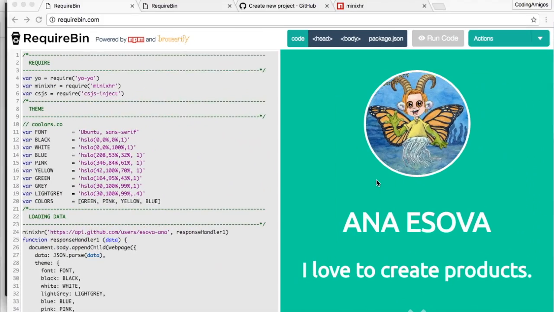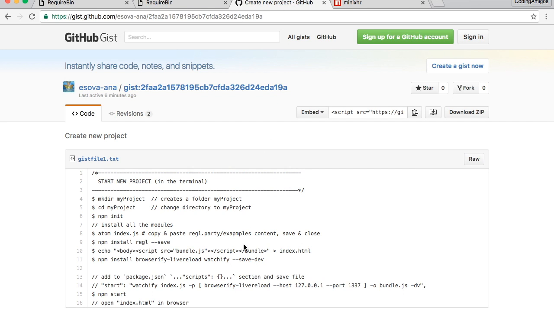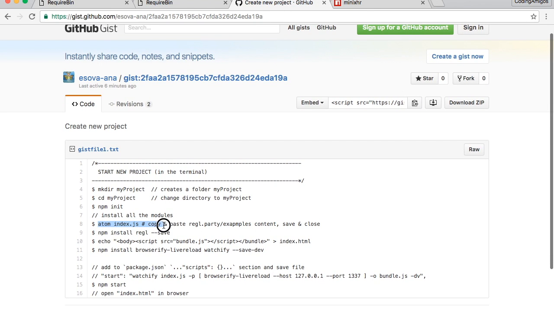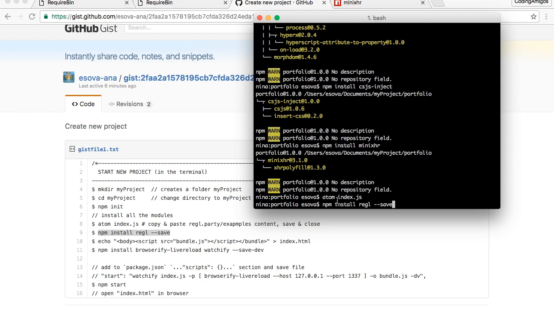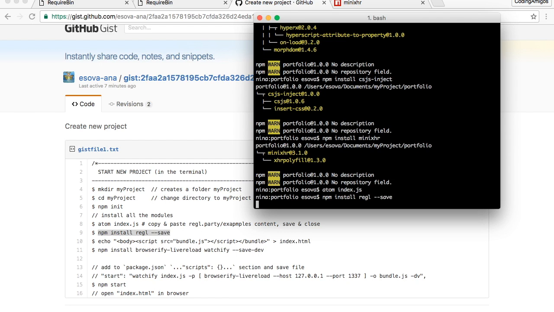We go back to this. So we created index.js and copy pasted, saved, and we could close it, but we left it open. So now we run this command inside of our terminal. And the next step is going to be, we are going to create